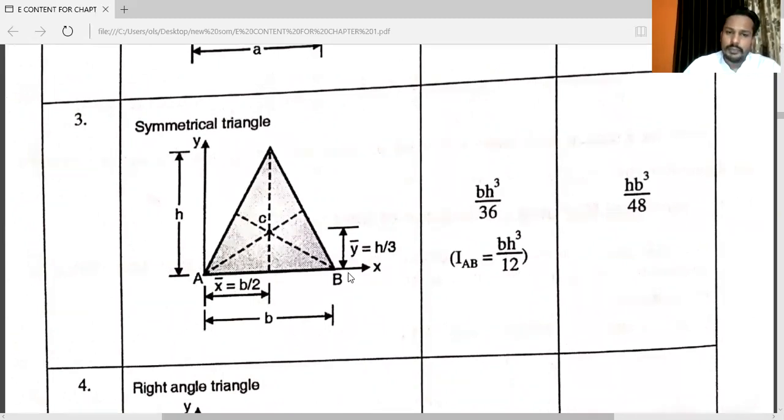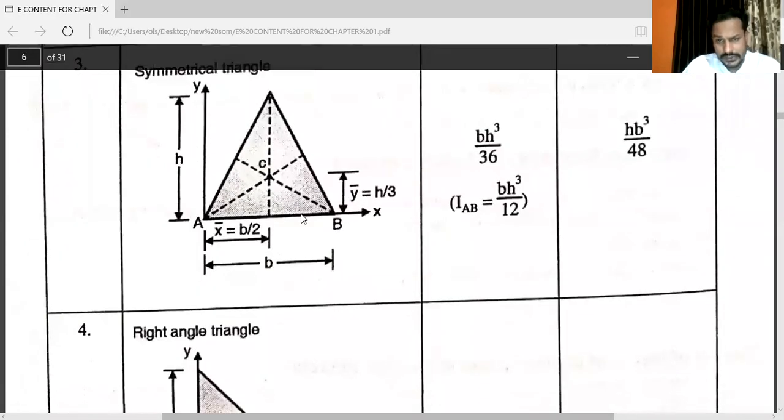This distance is given, AB. So the X bar is also given. See, Y bar is also given. In this case, Y bar will be H by 3. Already, I am not explaining the centroid, or you can say the center of gravity, but the base is required from that chapter. We have already studied that chapter in engineering mechanics. So you know that X bar is equal to B by 2 and Y bar is equal to H by 3. That is the required base that I have already explained.